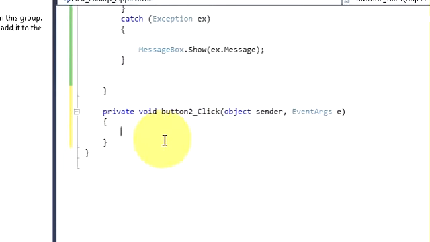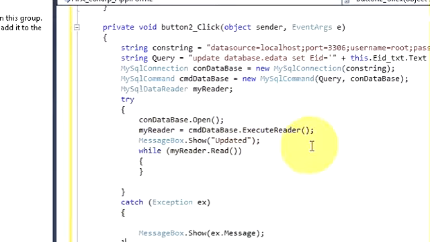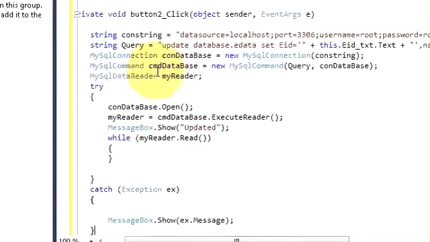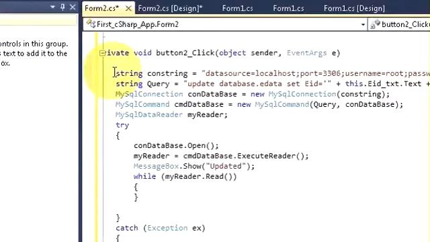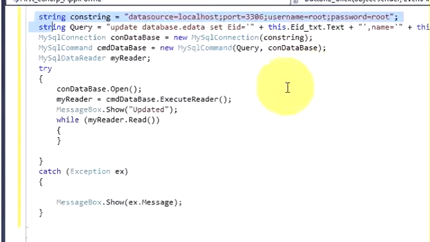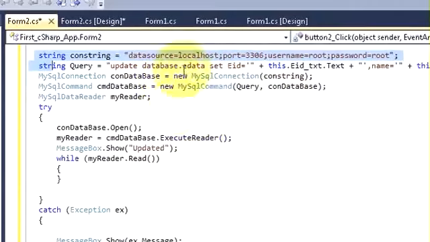Here just paste the same code which you have copied. All the code will remain the same from string to the end of the catch block. We are just going to change this query.